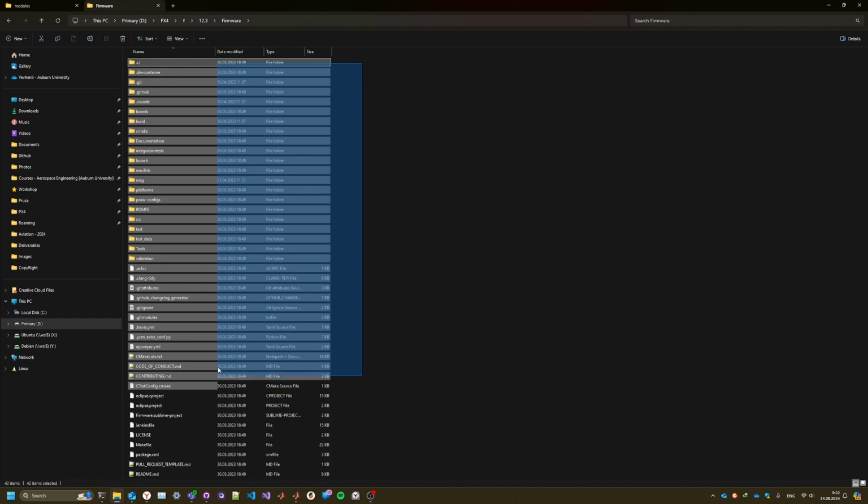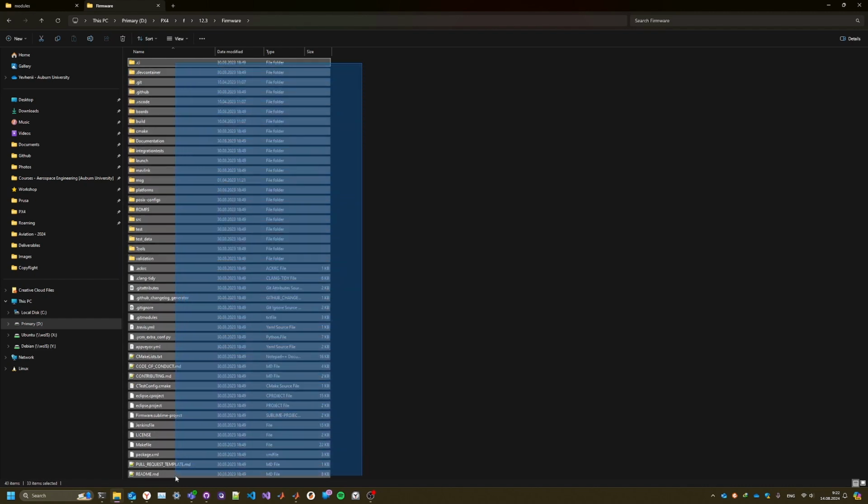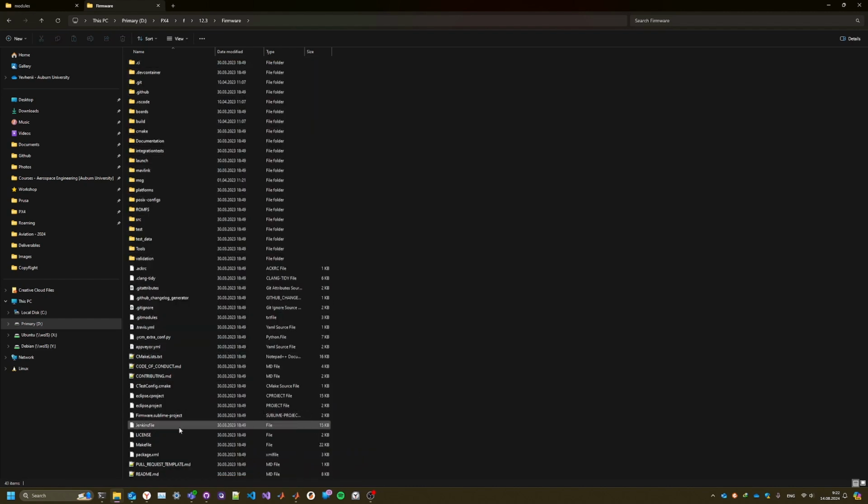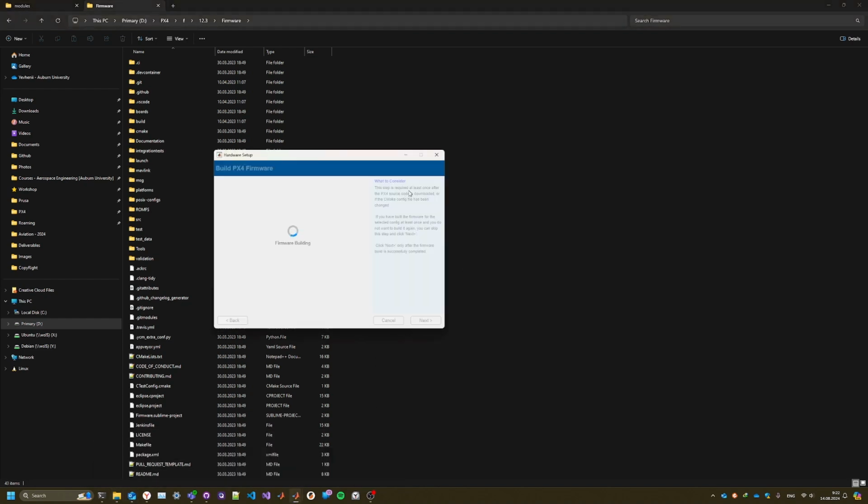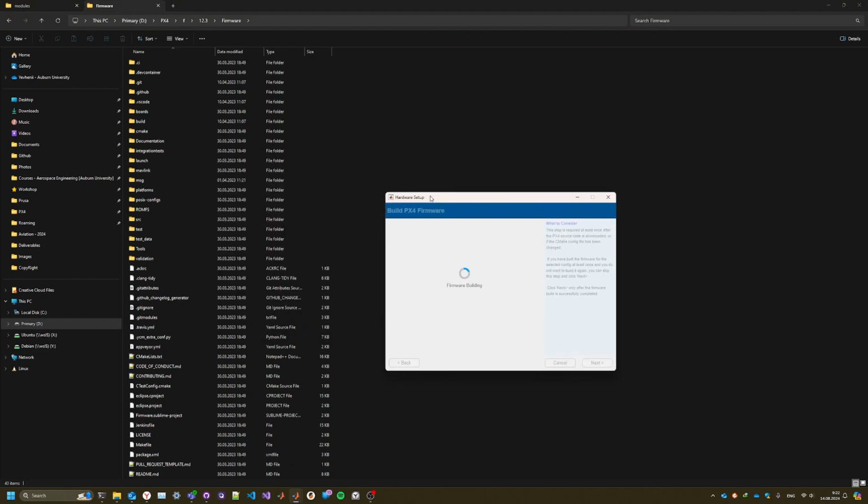Anything to the source code of the PX4 firmware itself. If you have changed anything or installed some upgrade package from anybody else or from me, you have to start this hardware setup app all over again and do this firmware building step,